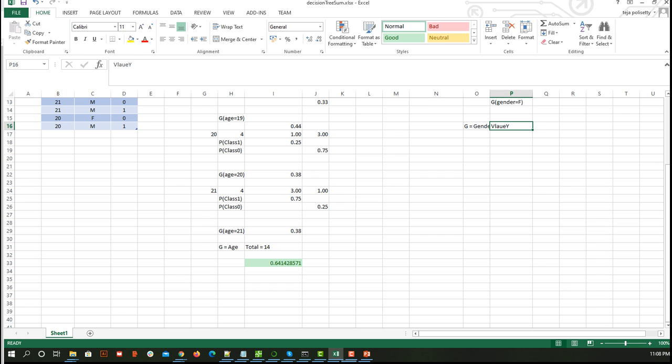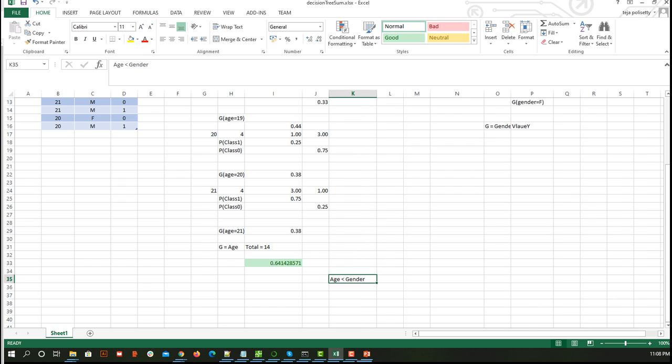After comparing, what you can say is the Gini of gender is greater than Gini of age. So Gini is nothing but impurity. Here the impurity created by gender is more, so I am not going to consider it, because I have to take the decision as close to the actual value as possible. So I am going to consider the age column as my first attribute.